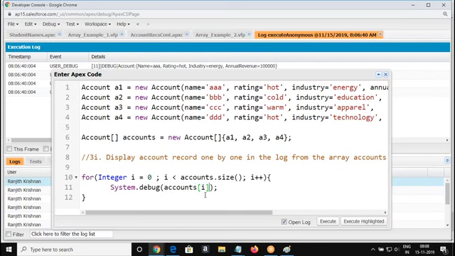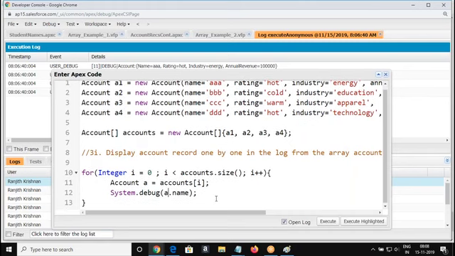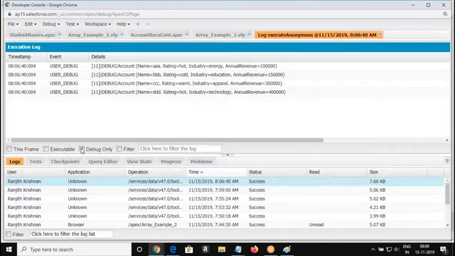How to get the name? By dot notation, refer to the field and you will get the name. Or instead of doing this, you can store it into another variable every time: a equal to accounts[i], then a.name. Make sense? So this will also display the name.